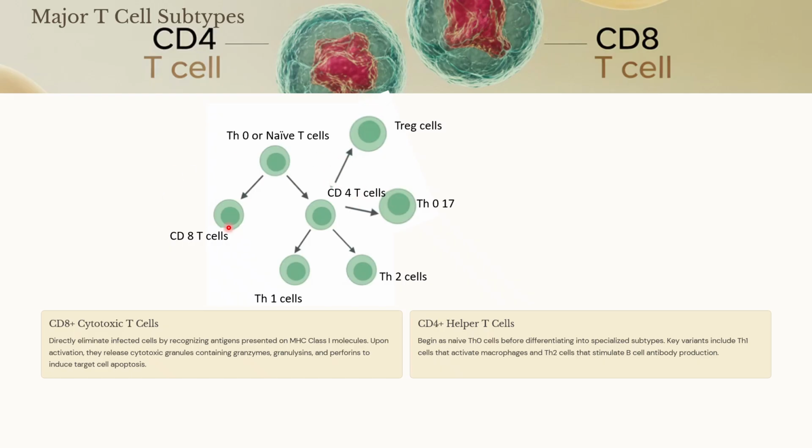The CD8 is also called as a cytotoxic T cells. CD4 is called as helper T cells. So why should it be called as cytotoxic? Why should it be called as helper T cells? It is called as cytotoxic because once it recognizes the MHC class 1 molecule which is present on normal cells, it is